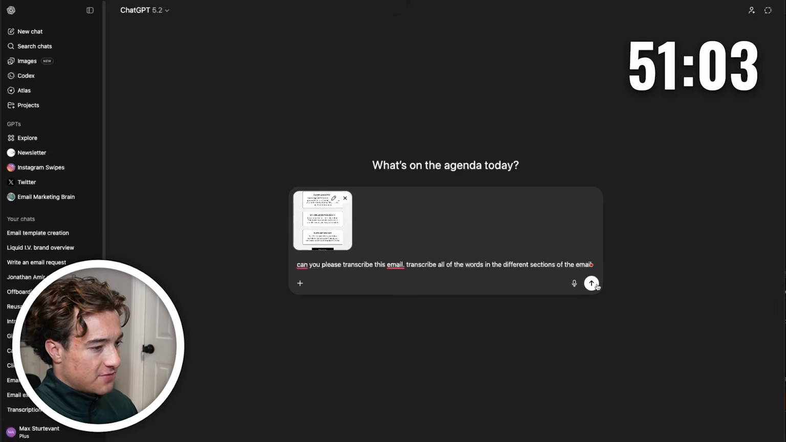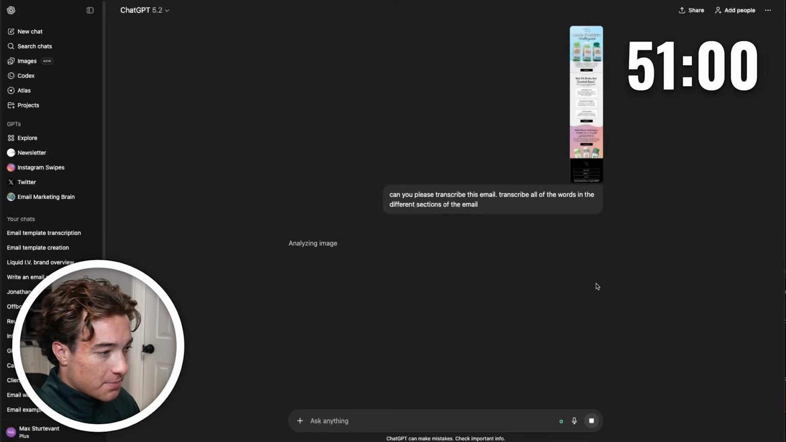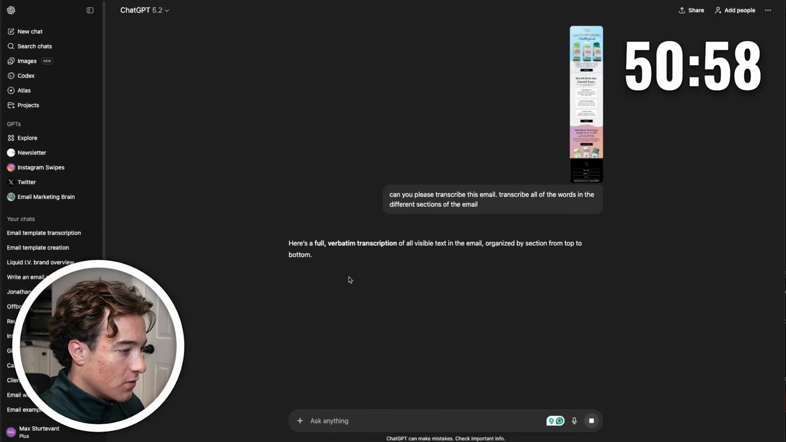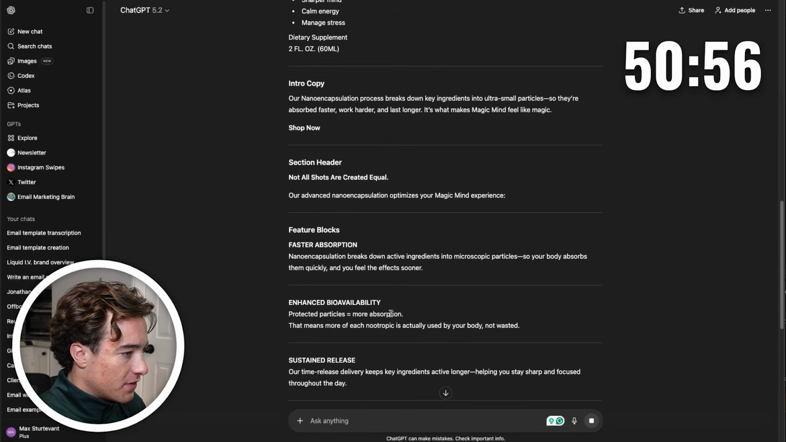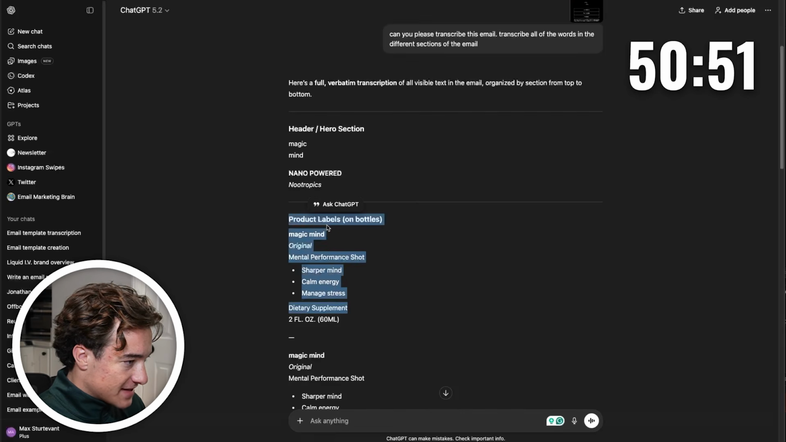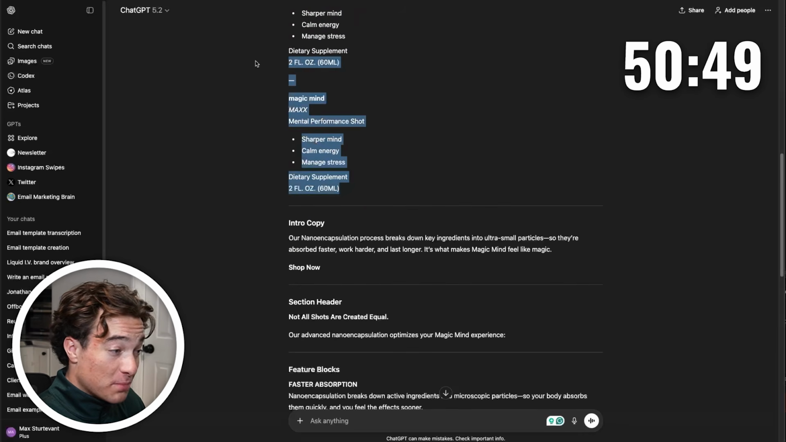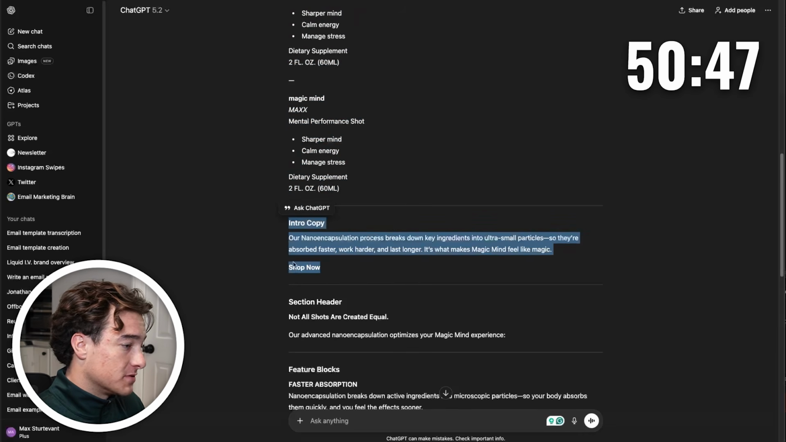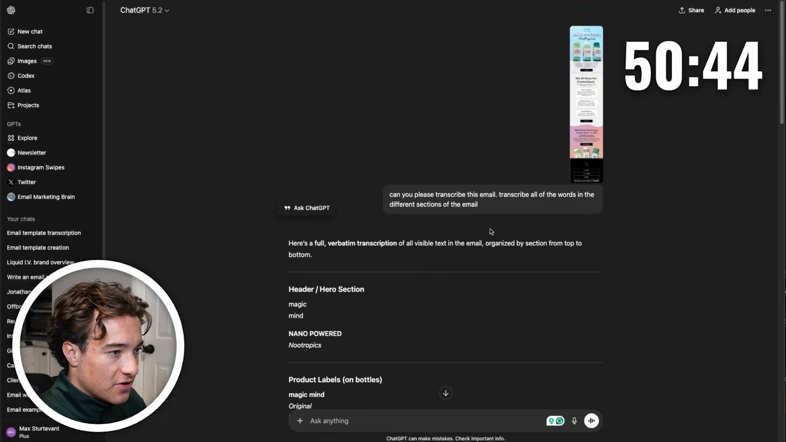Transcribe all the words in the different sections of the email. So we uploaded it and let us see what we get. So boom, we have this whole thing transcribed right here. The only thing that's a little bit interesting is it got the product labels right here. And so we probably can remove those product labels, but we have the intro copy, section header, and then everything